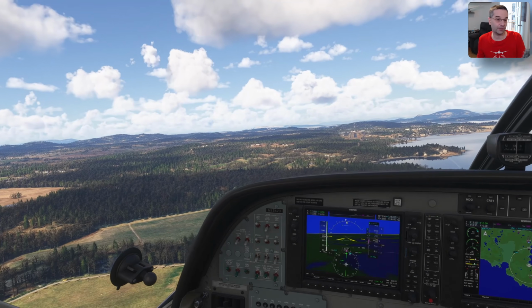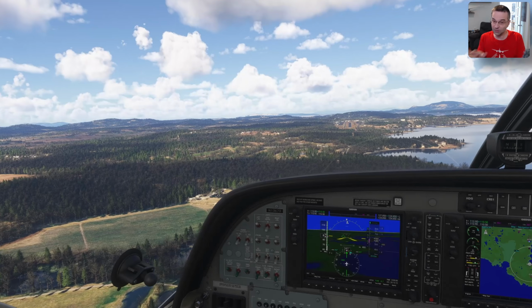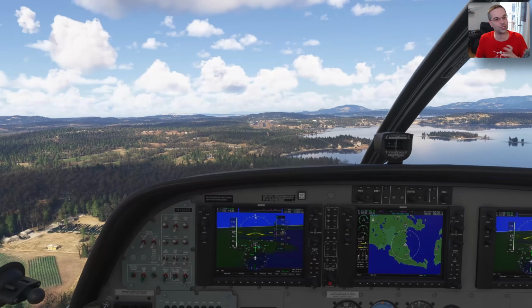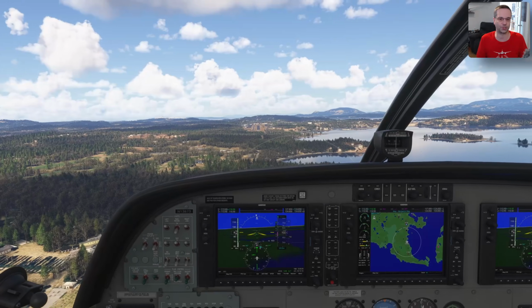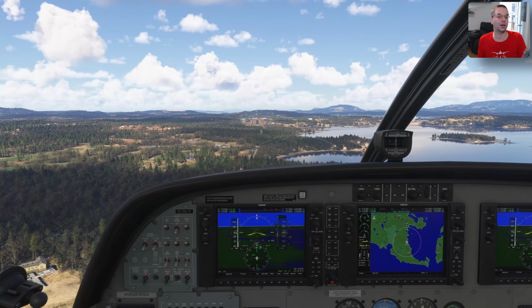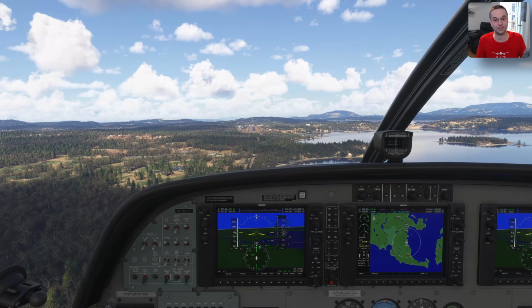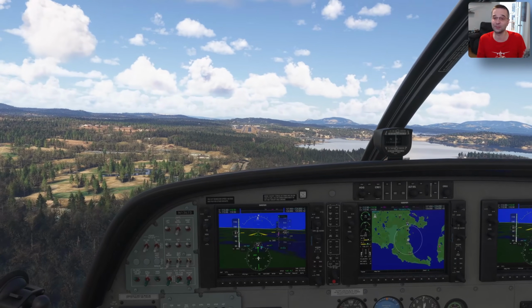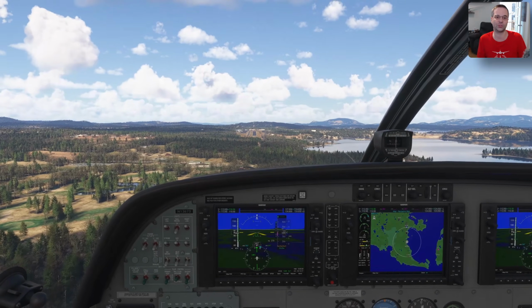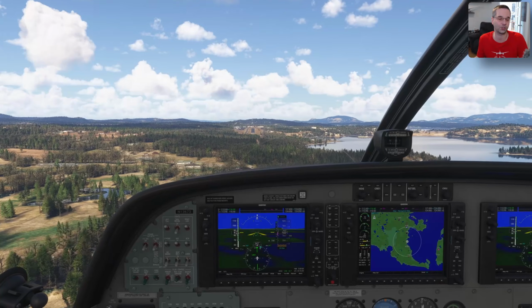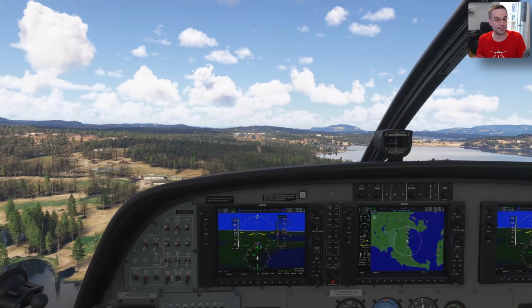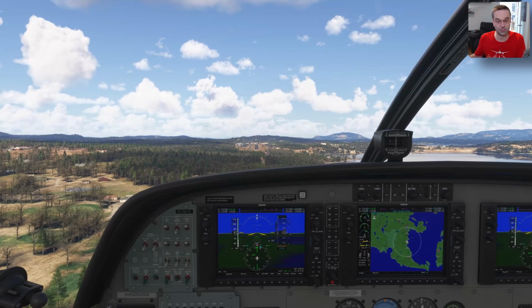On the other hand, if we look at this approach instead, I'm coming in way too low just to show you the difference, and the runway looks a lot more squished and shorter than it did in the previous approach. To recover from this, we need to reduce our descent rate, and in this case, I'd actually go as far as to stop descending completely until we get a little bit closer to what our 3-degree descent path should look like. The way we can do that is by increasing power slightly, which will help to slow our descent rate